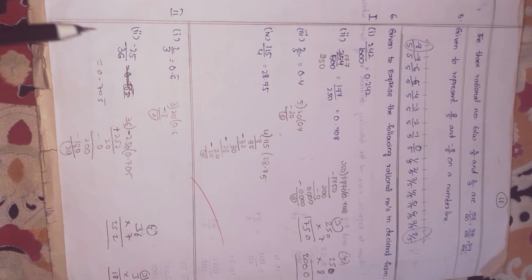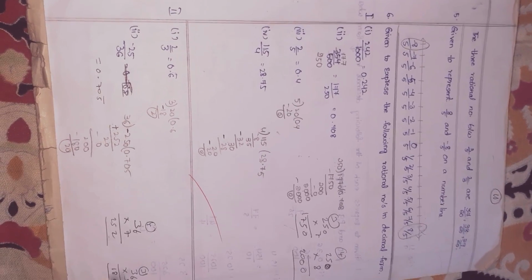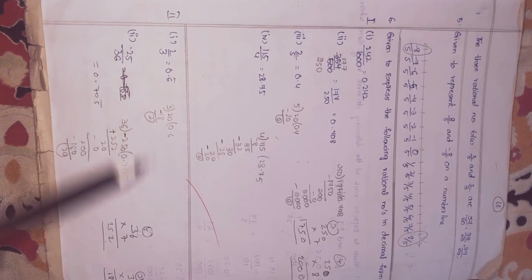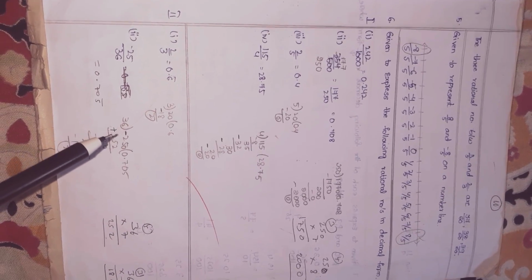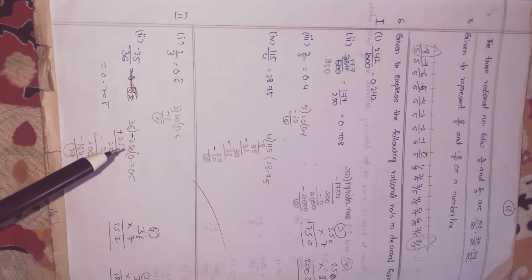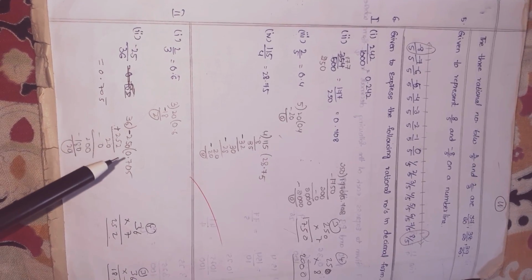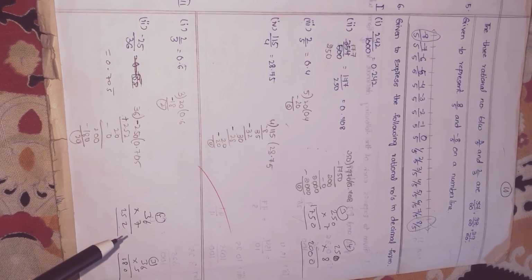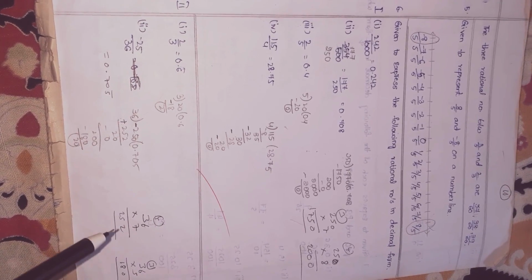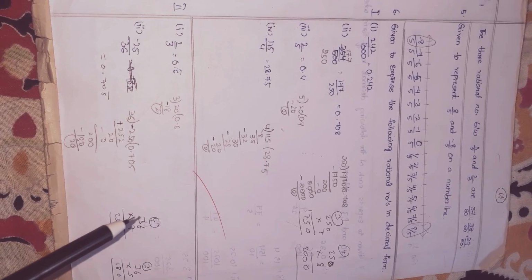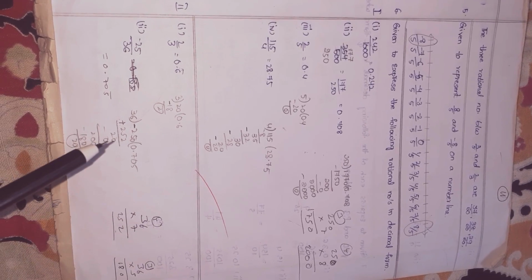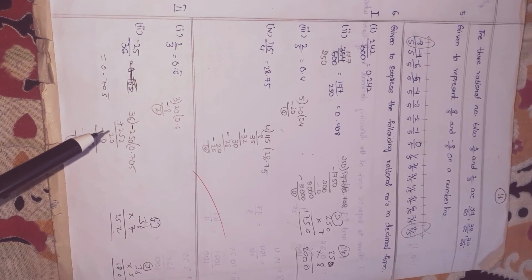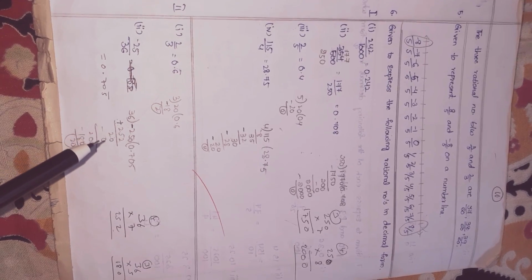Next 25 by 36 is given children. So here minus is given children. So that's why you take 36 and write here minus 25. Not possible children. That's why keep point. It becomes minus 250. So 36 sevens are, if you do it children, 7 6s are 42, 4 carry, 7 3s are 21 plus 4 is 25, 252. So minus 250 plus 252 is 2 children.